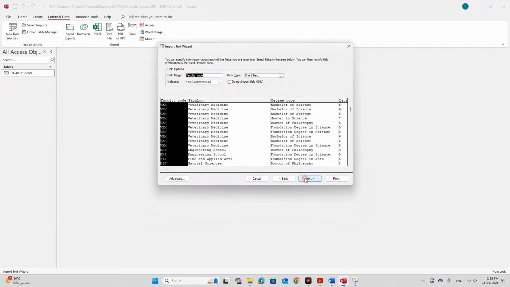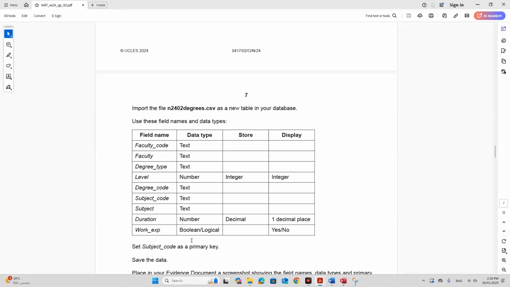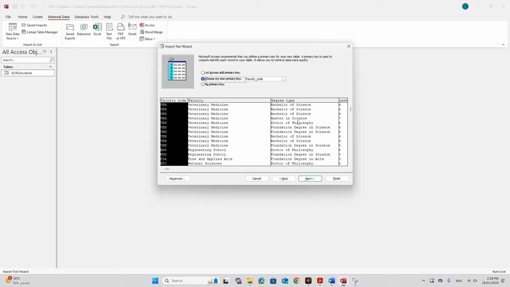Okay, so the process is going to be the same. First row contains column names, choose a primary key value. Then you are going to select your primary value. Subject code is the primary value,